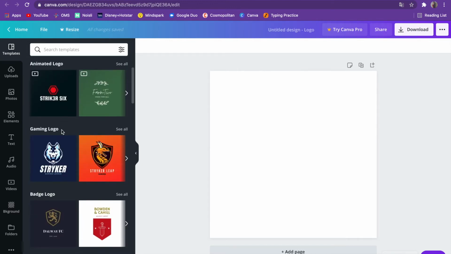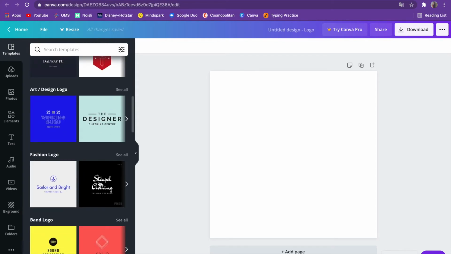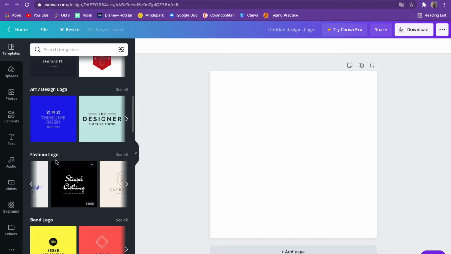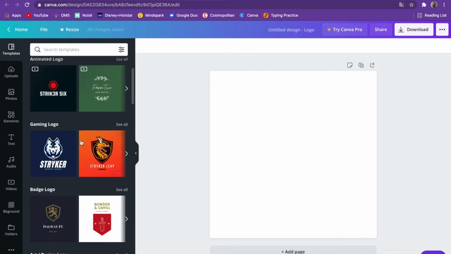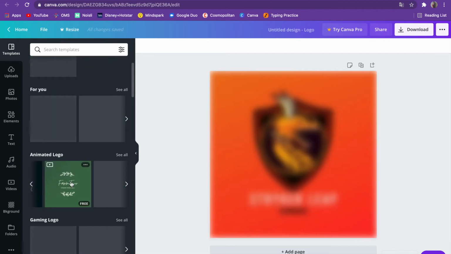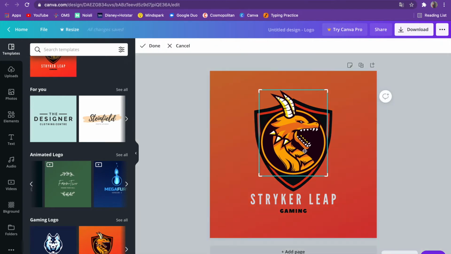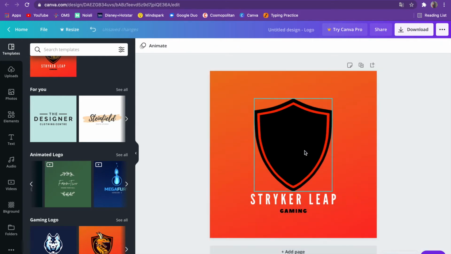Let me make a fashion logo or anything. If you started a clothing or any gaming logo, let me go for gaming. If you like any template, just press it and you get this. You can double tap your channel logo, the photo of it, the representation, and delete it, and now the fox is gone.